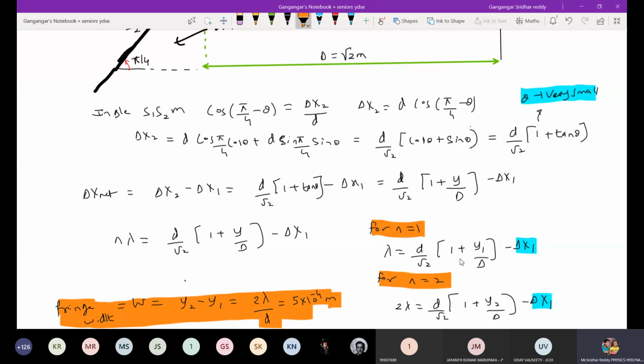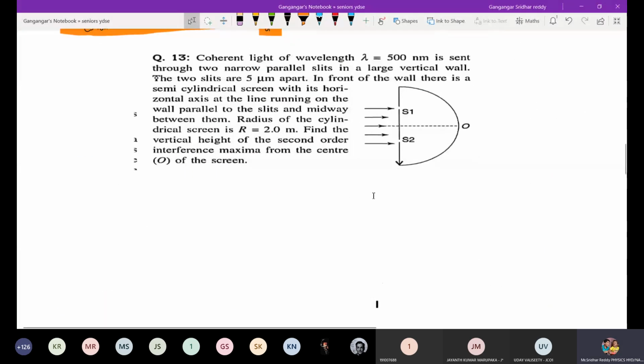Completed. I'll proceed to the next one. Okay, now one more question you have. A coherent light of wavelength